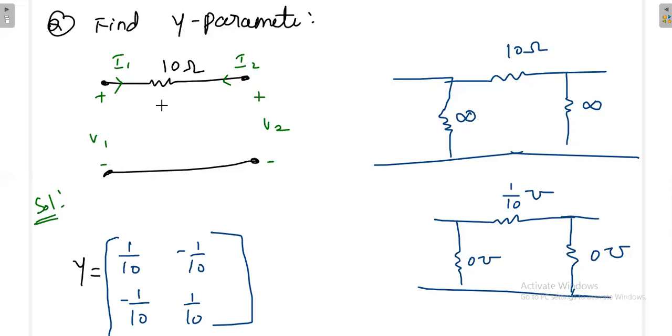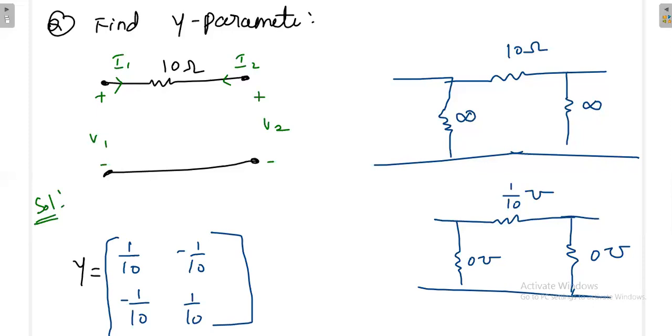What you do, you imagine it is like a, what model? This is a star model. Then not star. Is it star or delta model? Delta. Okay, delta model. Then you try to convert it into star model, if possible. Once you convert it into star model, then you will get a network equivalent to Z network. First you find out the Z parameter easily. Then you take the matrix inverse and then verify that whether you are getting this answer.